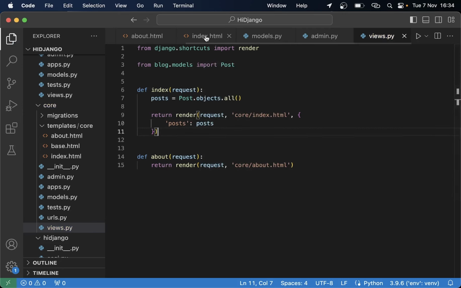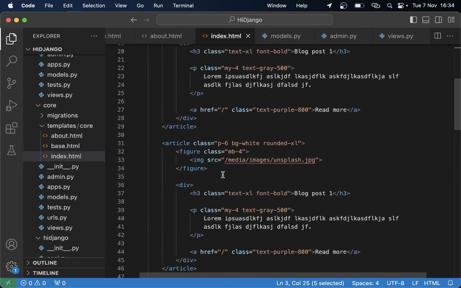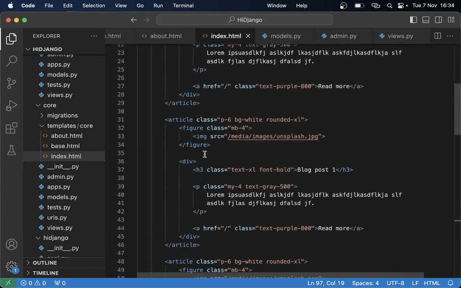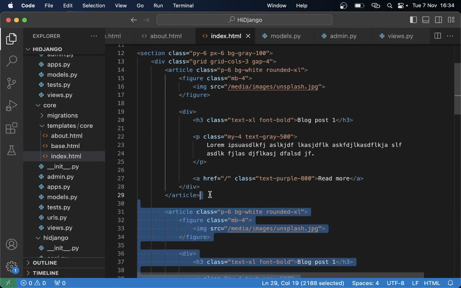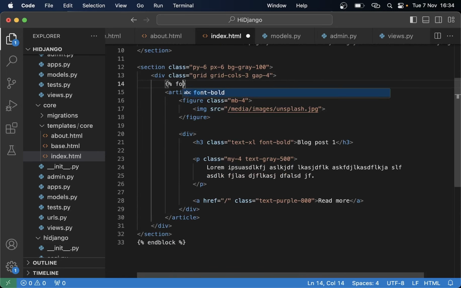Okay, so then it should be okay, no errors. So I can actually just remove 4 of these so that we have just one article here. And now we create a loop for post in posts